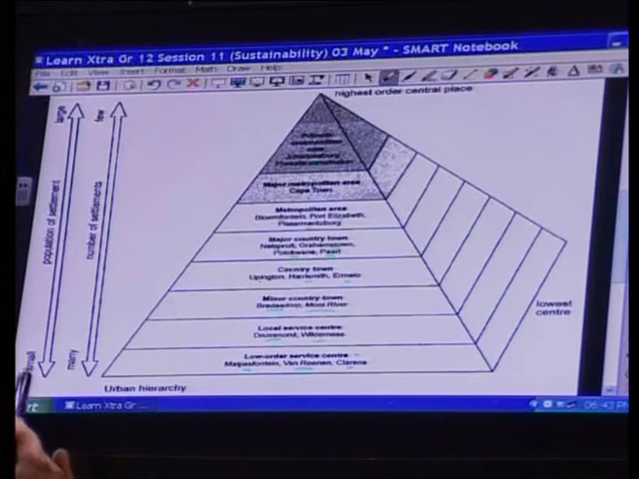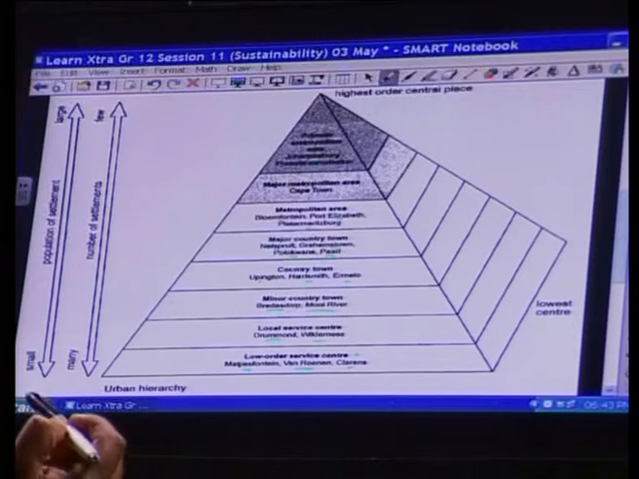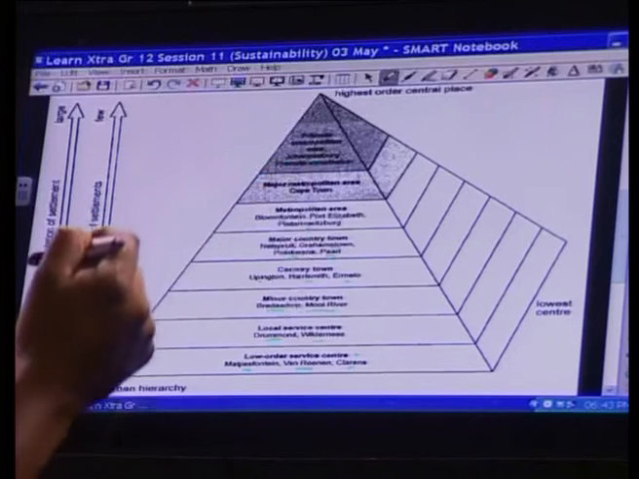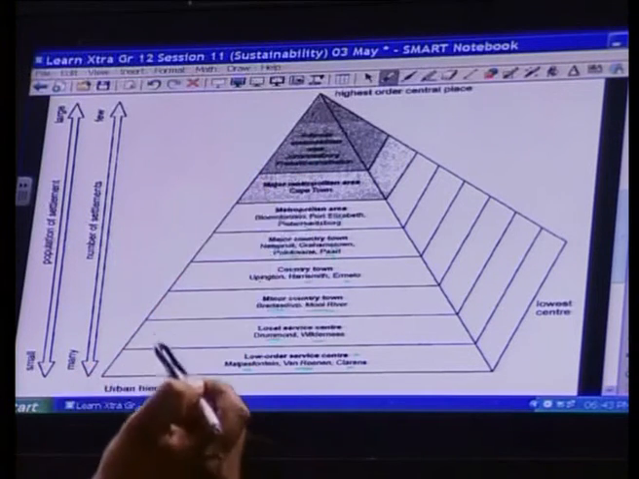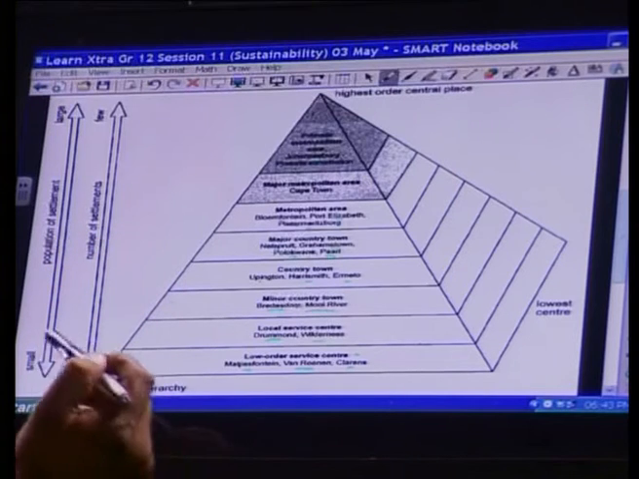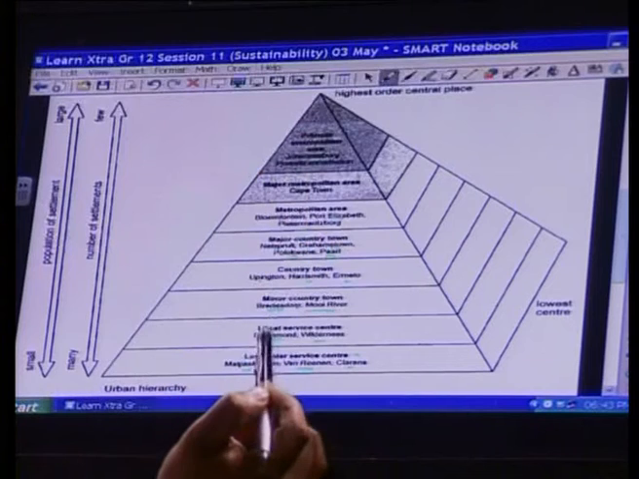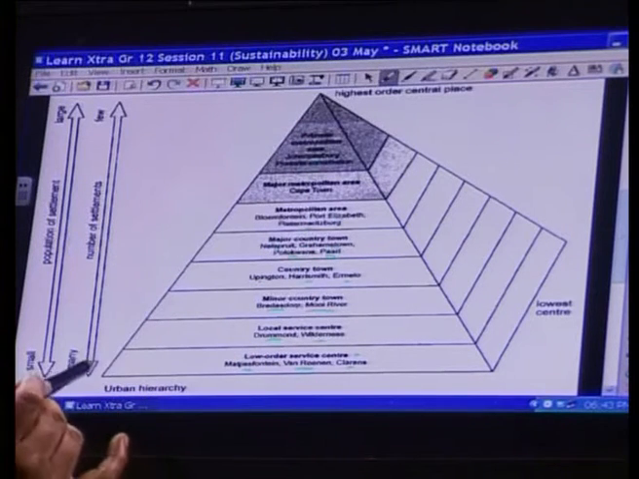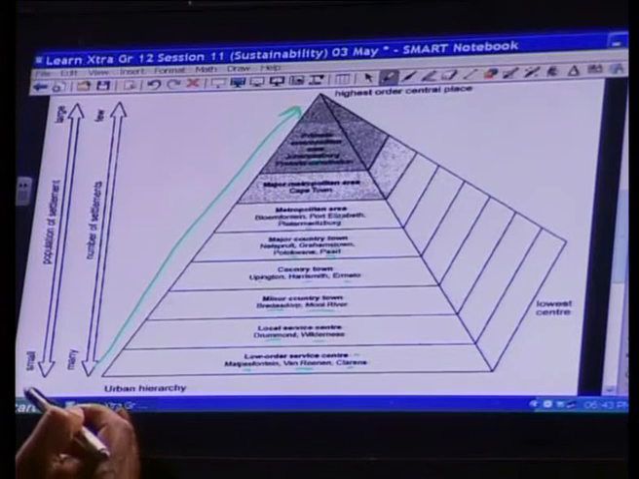What is important is to refer to the side of this diagram and note the population of the settlement and the number of settlements. Remember, as you move up the settlement hierarchy, the population increases. As you move up in the settlement hierarchy, the number of settlements decreases. The lowest centers are found at the bottom, the highest centers are found at the top. As you move up the hierarchy, the number of functions in these settlements increases, and therefore the population size also